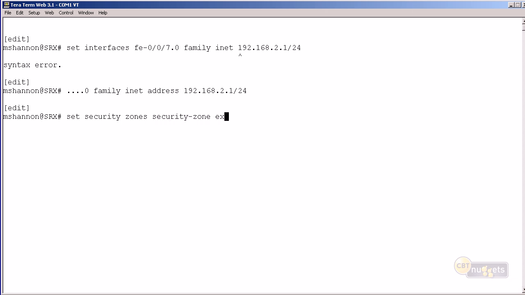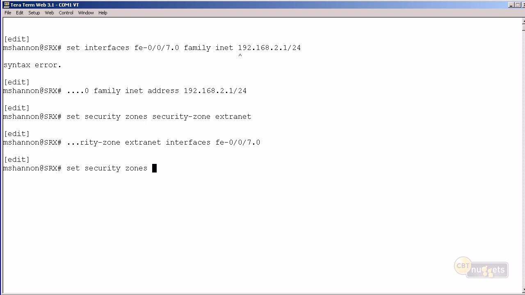Okay, so we need to go ahead and now set our security zones, and then the security zone we'll call extranet. And then we'll say for extranet, you're going to be on interface FE007. We just configured that, and then unit 0. Let's go ahead and do the host inbound traffic on that interface that we saw before. So we'll do set security zones, security zone extranet, and we'll do host inbound traffic